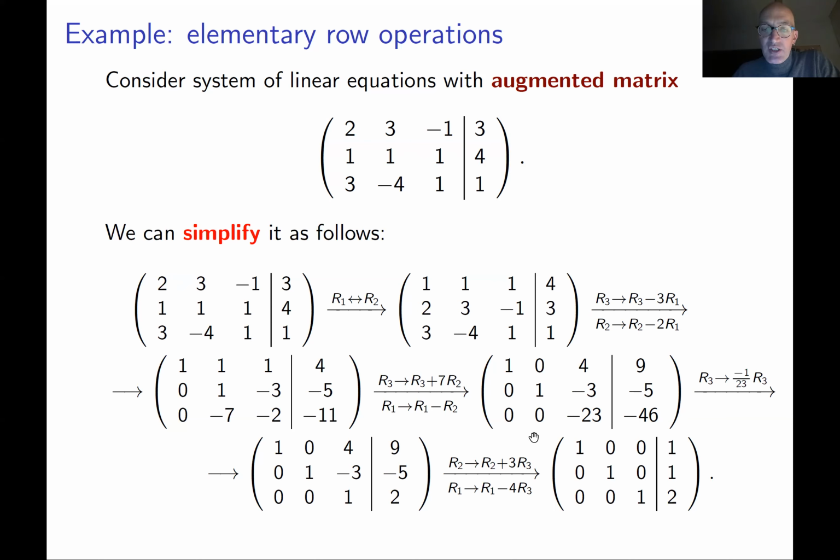But we can actually proceed simplifying a little bit, and you get this. And this is, of course, simpler than this. A little bit, but simpler. So you have z equal 2, y equal 1, and x equal 1. Of course, you can extract the same solution from here, but it's easier here. This is a typical example of how you solve a system of linear equations using elementary row operations.